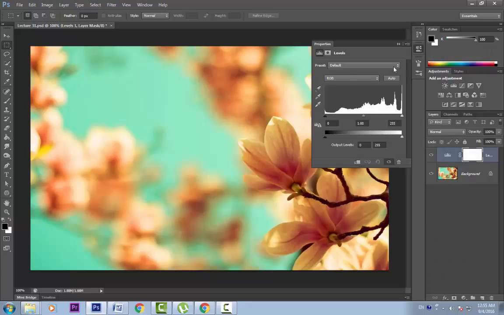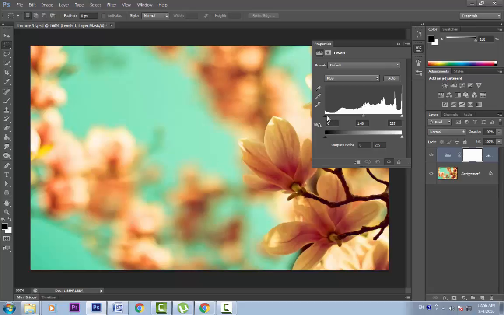The layer is created and we get this palette. You can see this is our histogram. We learned in our previous lessons how to read it. These areas in the far left represent the darkest possible pixels in our image, and these far right are the brightest possible pixels in our image. You can see that this image does not have a lot of black pixels. That is why the height of the spike is very low, which means there are very few black pixels. Most of the pixels are concentrated on this right side. It means that our image is quite bright.